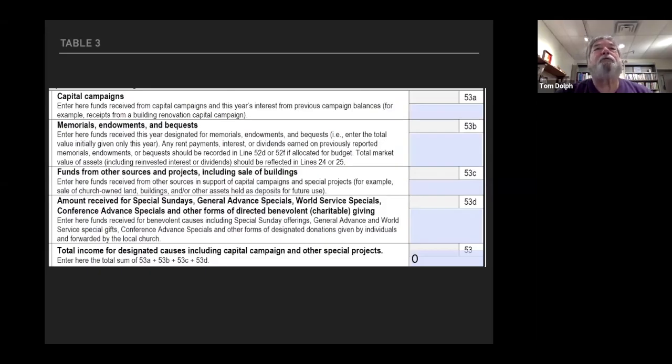However, these are for funds not necessarily for use in the current year. These are funds held for special projects, for designated funds, even if they are spent within the current year. These are not normal operating expenses. If you receive money for capital campaigns, memorials, endowments, bequests, any of those kinds of things, other sources,